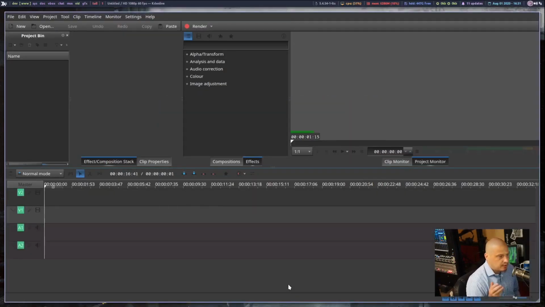When you first launch it, it's pretty bare, right? There's not much going on. You have a project bin, and the project bin is where all the videos and images that you have added to be used in your video would be placed, but of course we haven't added anything. You have a couple of different options of how to add stuff to the project bin. You could click the little movie icon here that says add clip or folder, and then you could navigate through a little directory window and add your images and videos or whatever it is you're working with, audio tracks,